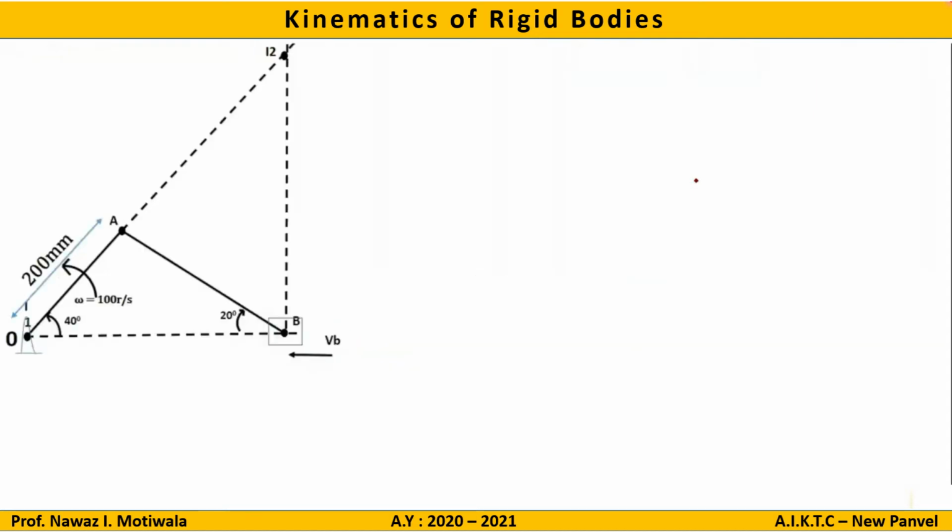As I said, first we will write down the link name. The first link is link OA. For link OA, what is the ICR? The ICR is I1. So I will write here, for link OA, ICR corresponds to I1. By writing this, what am I ensuring? The chances of mistake will reduce if you write like this. There is a link OA and the ICR is I1. By writing this, I have confirmed that whatever distance I take will be from I1 only.